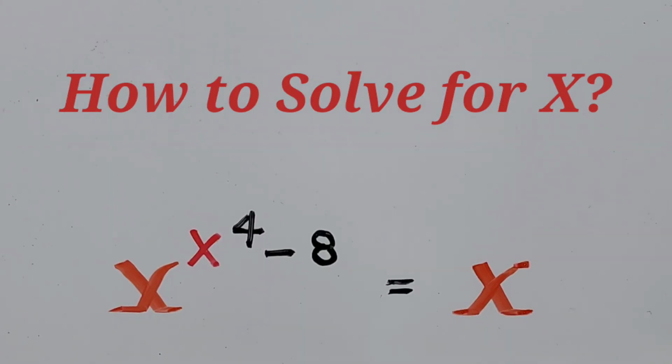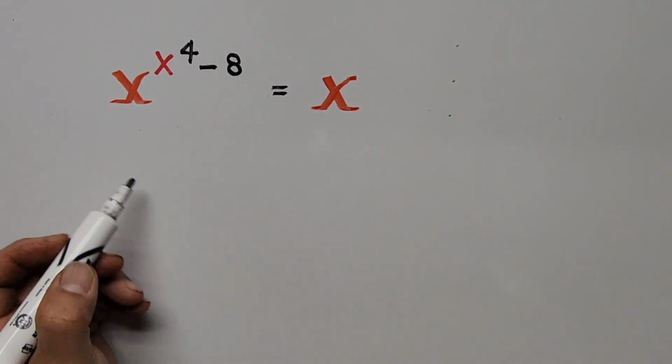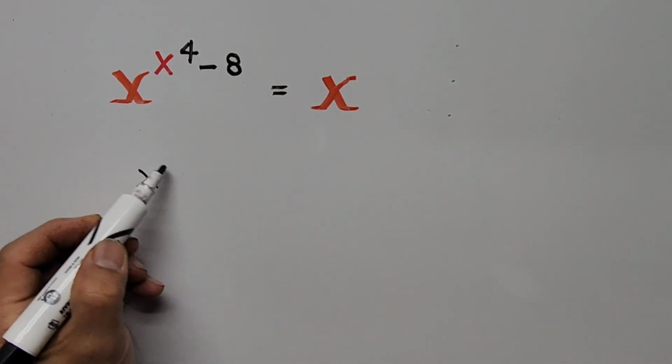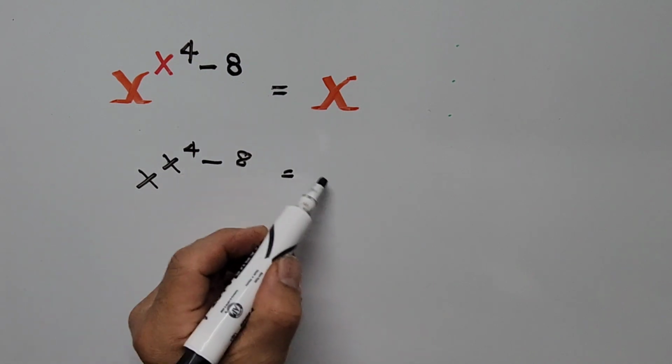Hello everyone, we have here a nice exponential equation: x to the power of x to the fourth minus 8 equals x. And in this video, we'll be looking for all the values of x. Any one of you guys who would like to solve the equation, feel free to pause the video. Okay, let's start. So we have x to the power of x to the power of 4 minus 8 equals